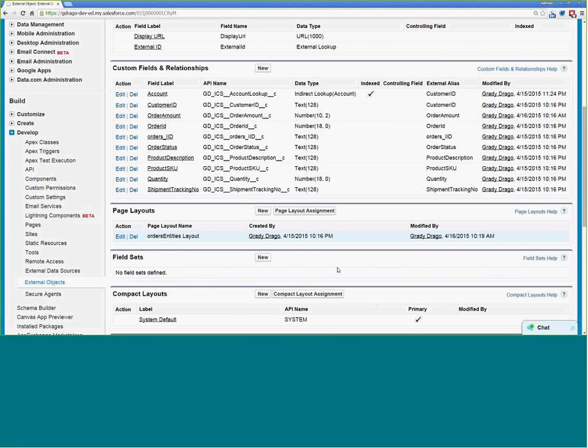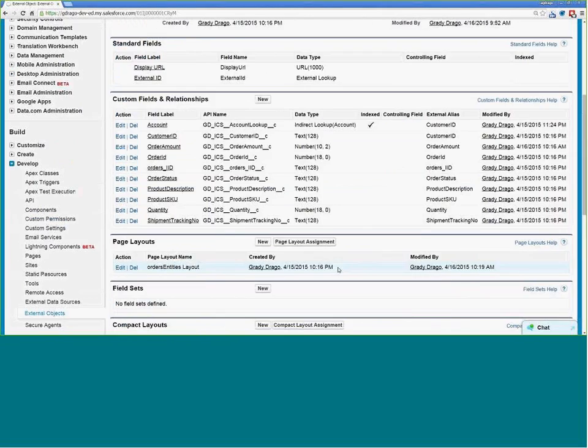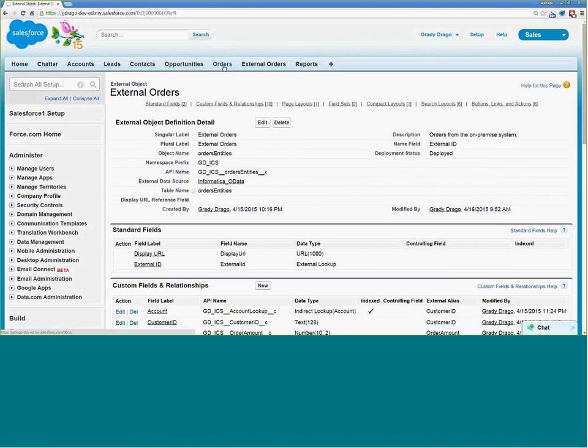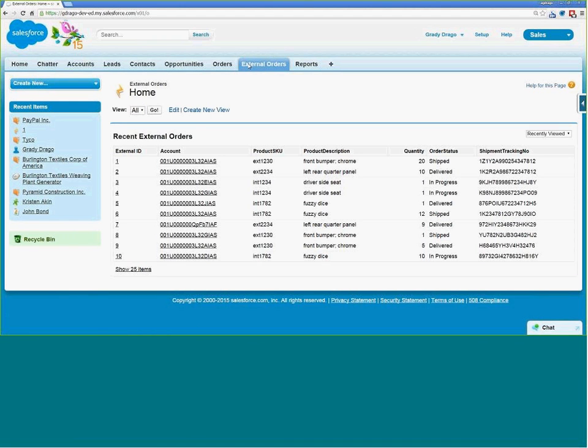It also would have created basic Salesforce objects, such as buttons, search layouts, etc. So at this point in time, without having made any more configuration changes, we would have a view into the one table exposed by the OData provider. Now, the view here, I have made one change, but the view here is essentially what you would have. So right now, the value would be that users would have real-time view into the one table inside of Informatica being exposed through the OData provider.